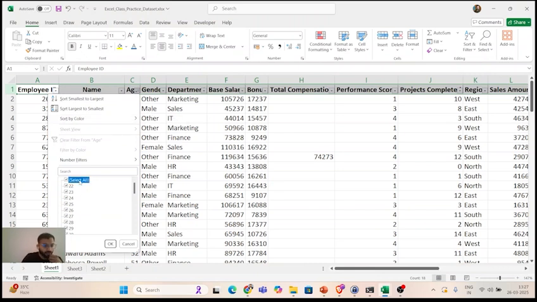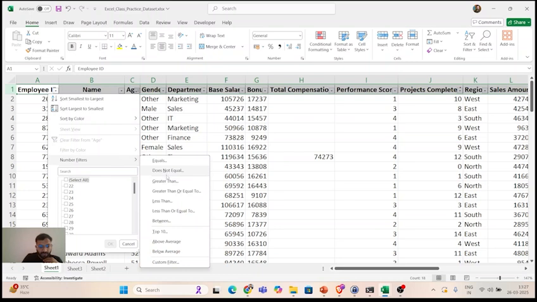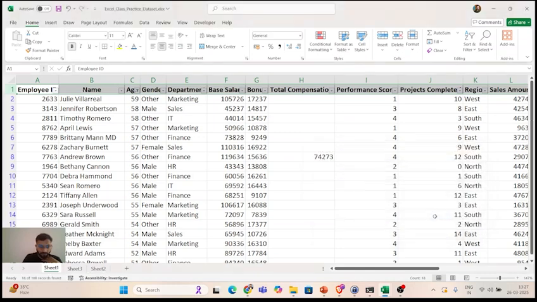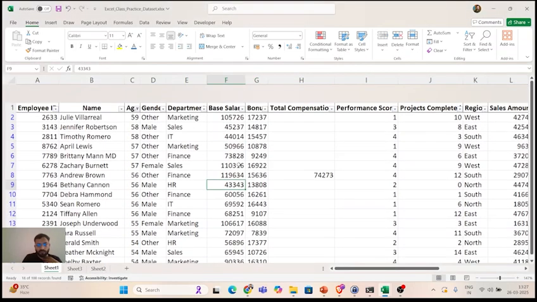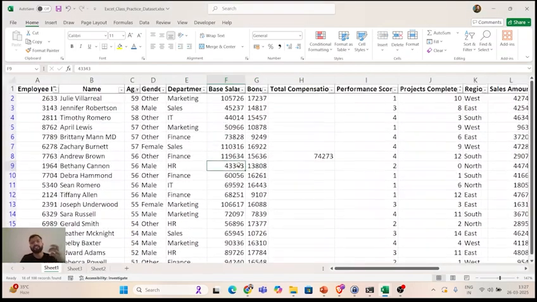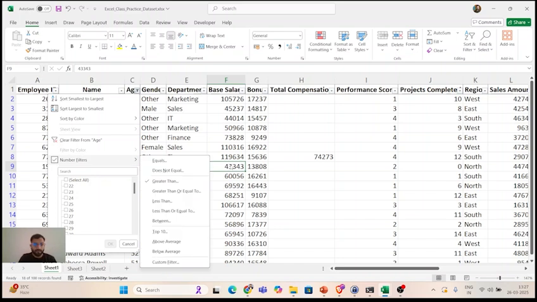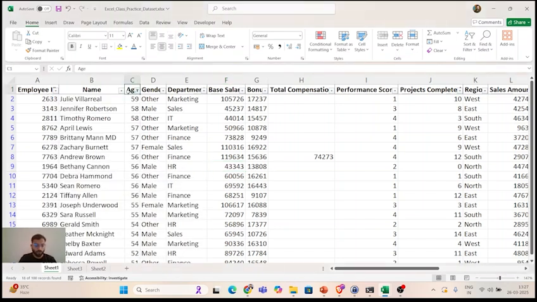Now let's say I want to only see the people above, let's say, greater than 50. Okay, if age is greater than 50. So see, only those people are coming whose age is greater than 50. So basically the filter is applied. Out of the whole data, I have filtered my useful data. Correct? So that is how you can do the filtering. And okay, if you want to remove the filter, just go to the top row and press Control Shift L. All the filters will be removed. Again, Control Shift L. This is the shortcut.